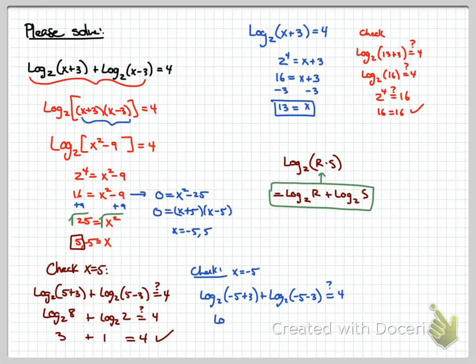We've got log base 2 of negative 2, and instantly we can stop and say, wait a second. We cannot take the log of a negative number. There is no power to which we can raise 2 and get negative 2. And so we say, nope, stop, can't do it. Negative 5 is not a solution